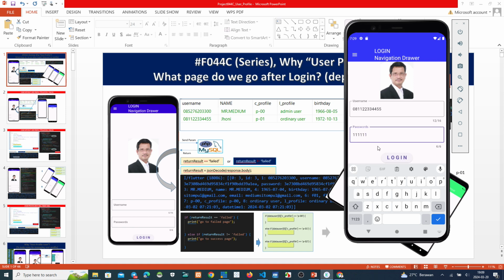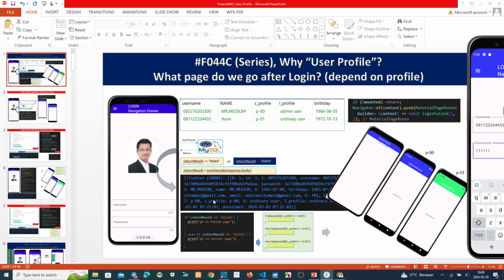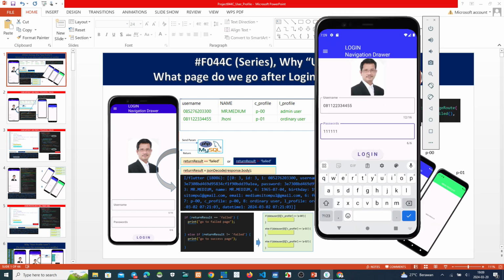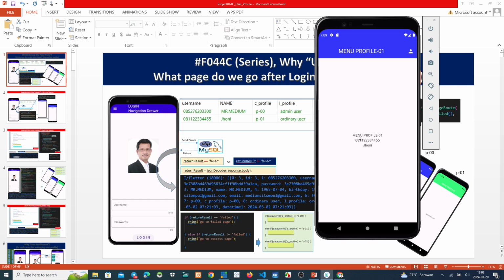After that, the script will navigate to page 01. Now we try login. Menu profile 01. This is the username. This is the name Johnny.